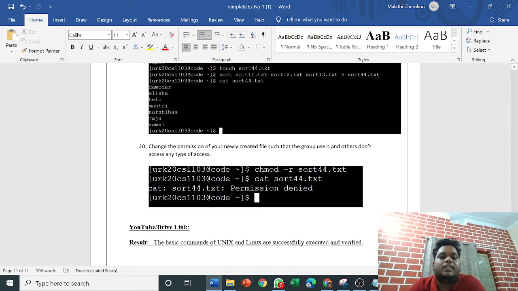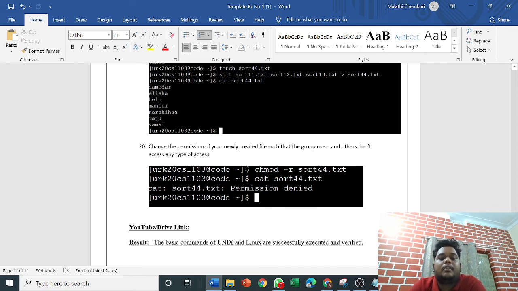So the last question is to change the newly created file so that the group users don't access it. For changing the permissions, we have to use chmod, where we can have no access, read only, write only, any options we can have.